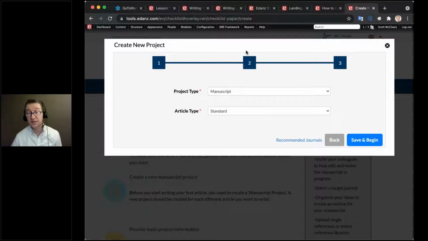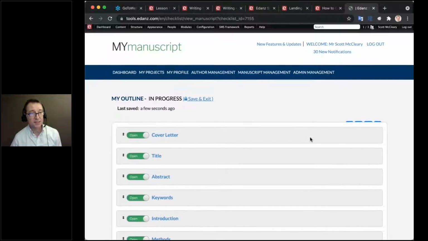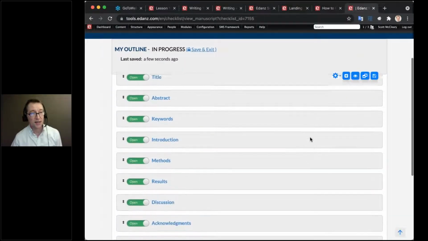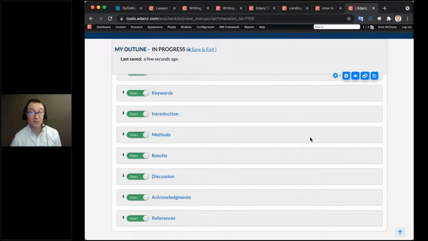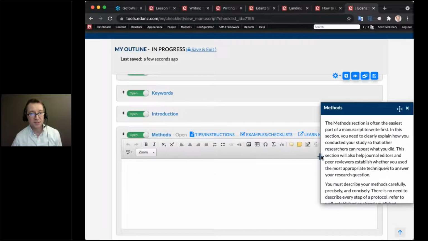We do have several other types of articles that you can use to give you a rough outline to start writing from. So I'm just going to choose a standard IMRAD type manuscript here. Click Save and Begin. And as you can see, I've got all the sections here, and I can start writing anywhere. As you're going to see in a few minutes, Gareth's going to recommend that you start writing from the methods. So I would start there, and you can open up some tips and instructions here that come in a